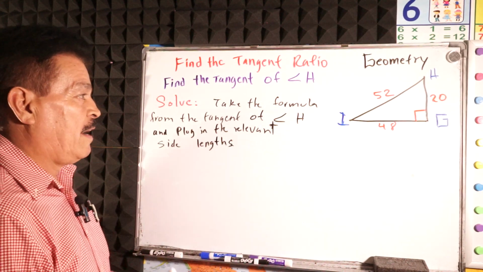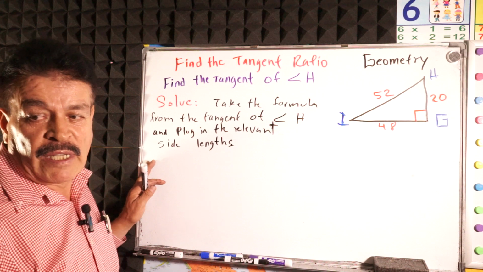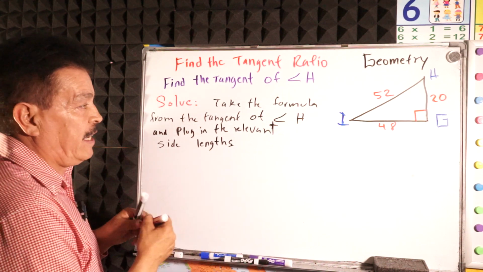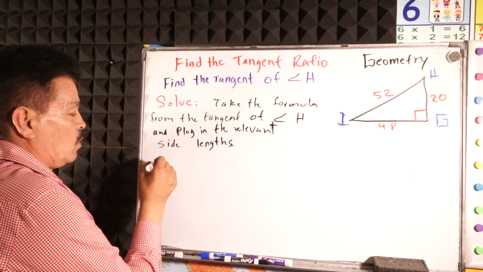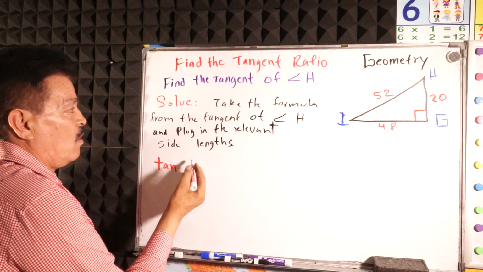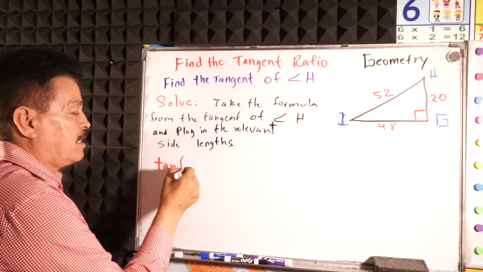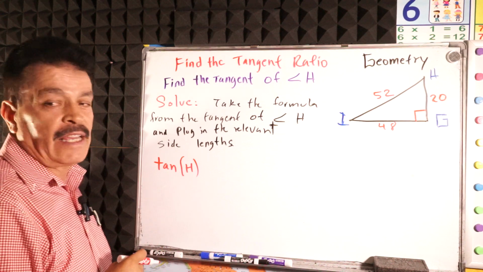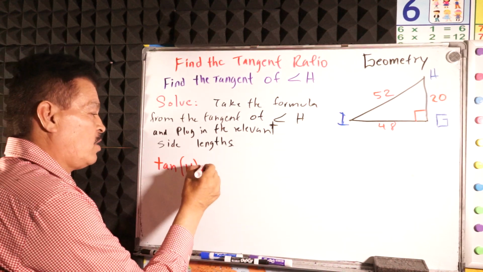Okay, so what is the next step? Here we have to write tan of what? Of H. Okay, so this equals,